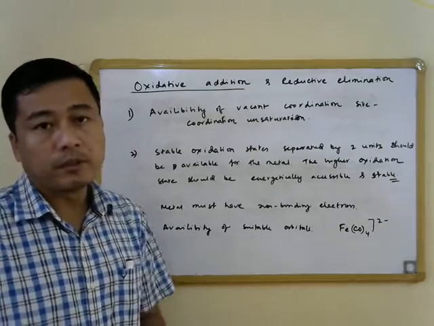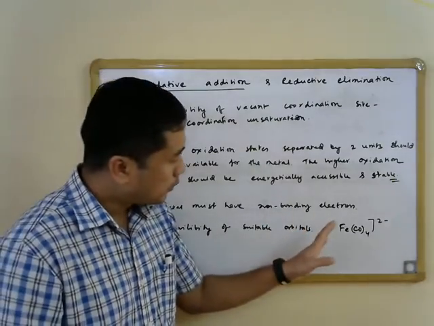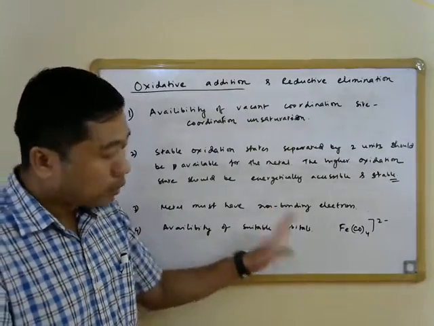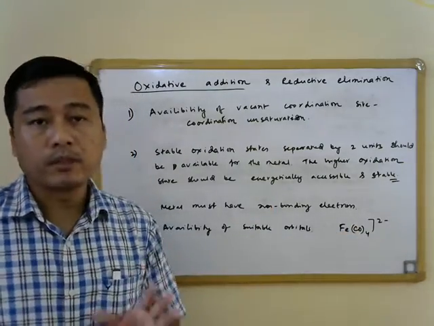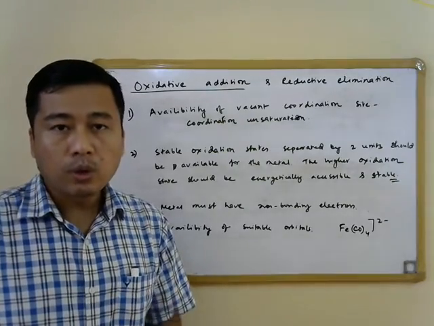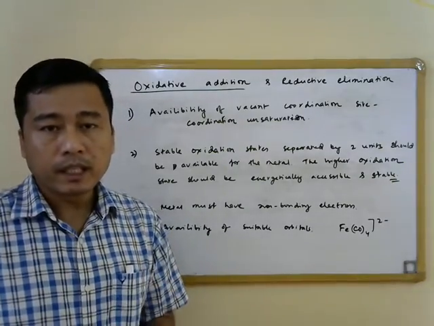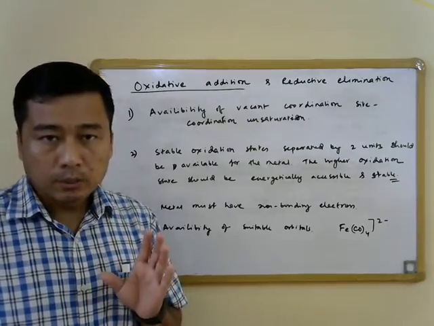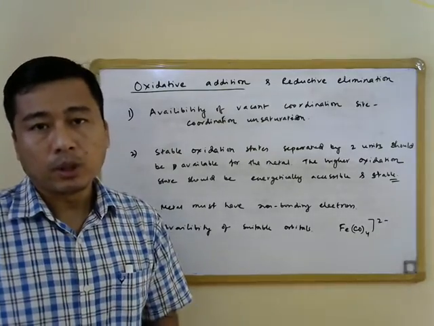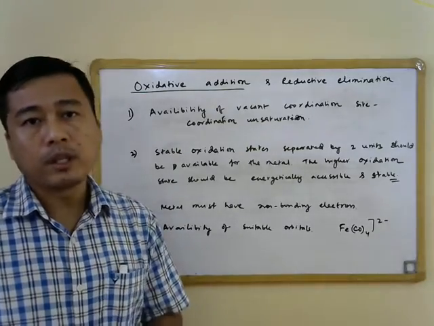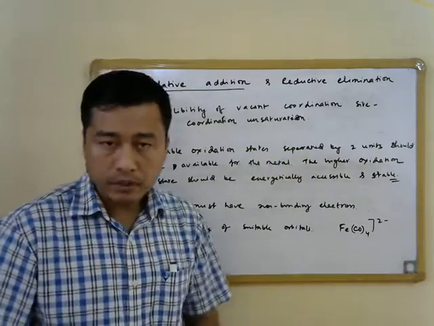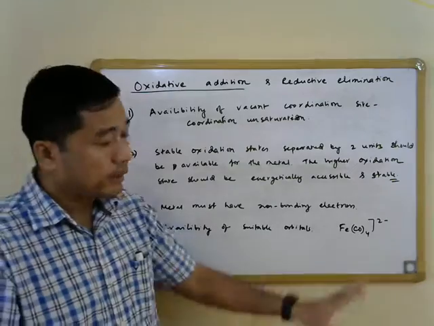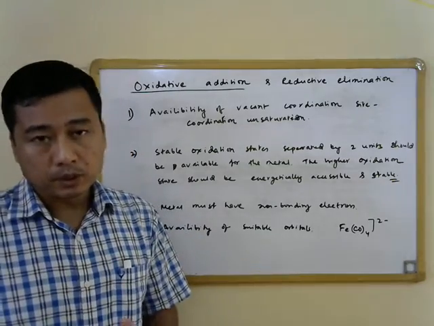In case of 18 valence electrons, we have learned earlier that all molecular orbitals which are bonding or non-bonding in nature are completely occupied, and only anti-bonding molecular orbitals are left empty, and that is why 18 valence electron species do not tend to undergo